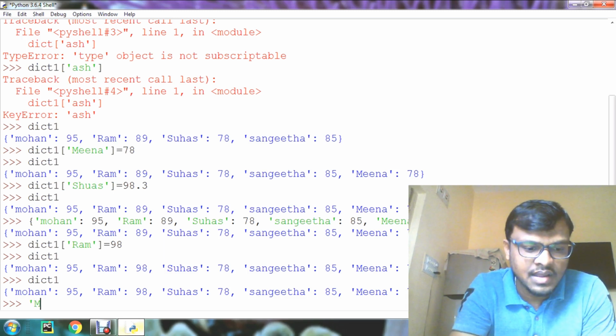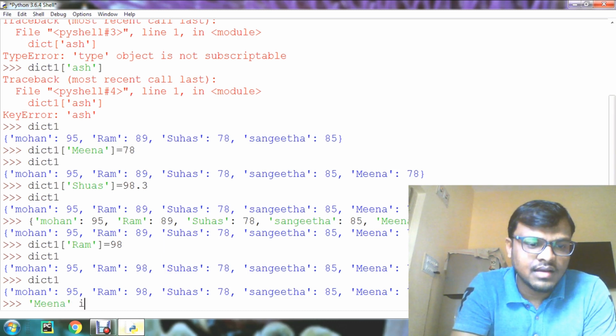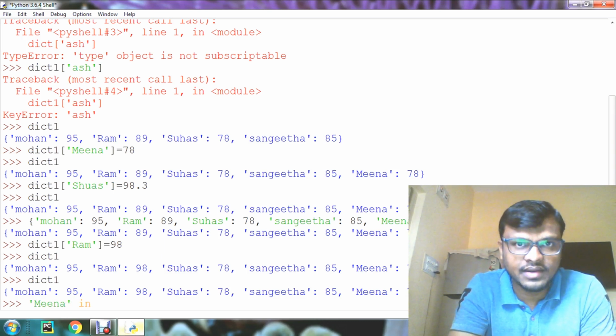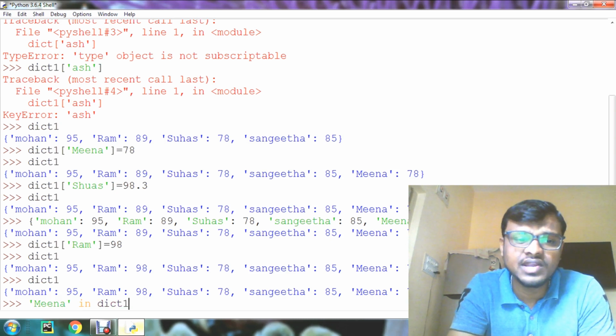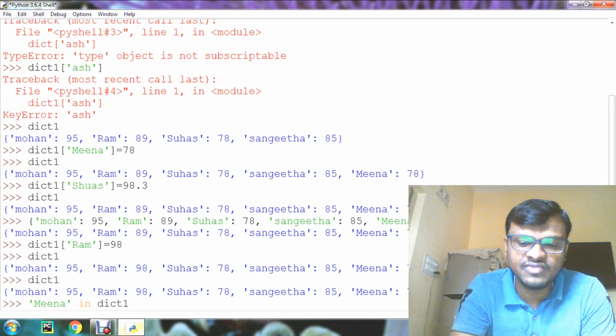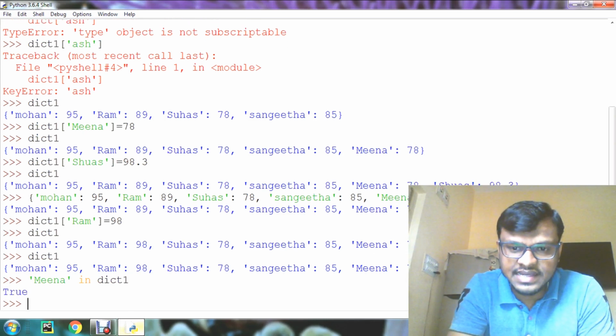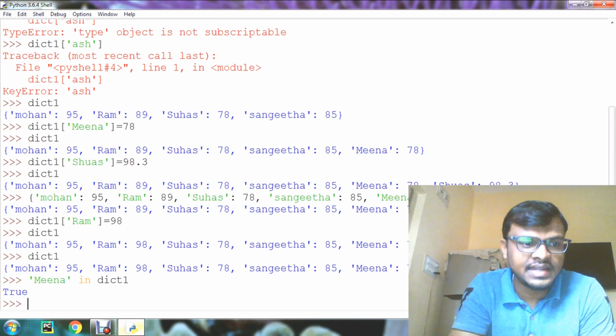For example, check Meena in dict1. We have to use it like this. If Meena is present in dict1, then it is going to give true, otherwise false. So Meena is present here, that's why it is printing true.